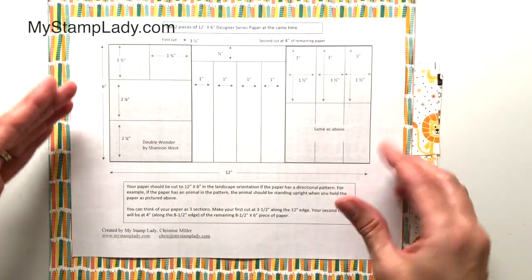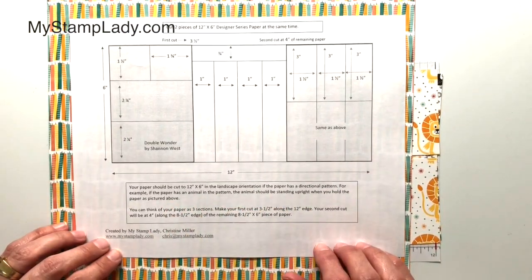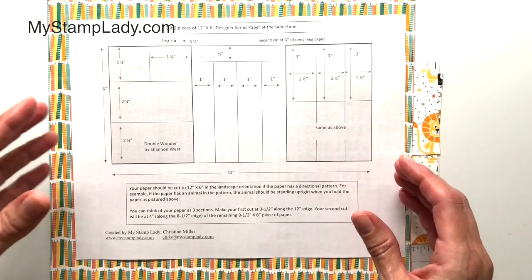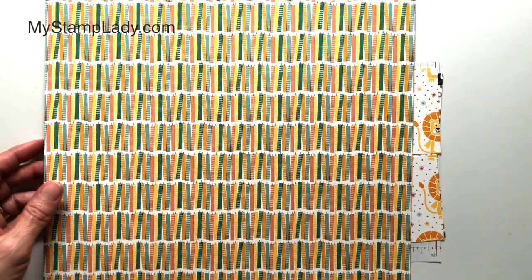So I've put it on a piece of paper. It's going to be on my blog, mystamplady.com, where you can find and download this piece. And I'm going to show you how to cut the cardstock, and then I'm going to show you some samples made with this. So we are going to start with pieces of designer series paper, and I have picked the